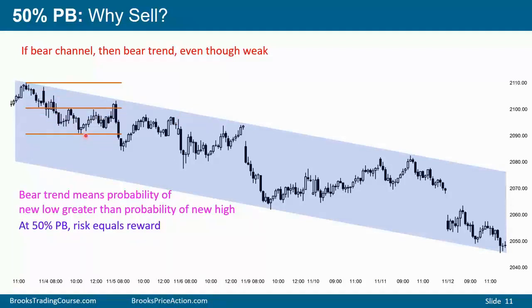Bear leg, traders will sell a 50% pullback. Some will sell with a limit order, others will sell with a stop on the reversal down. If you sell with a limit order, your profit target is a new low, and your risk is just above that high. So the reward is equal to the risk, or just about equal to the risk, but you're in a bear trend, so the probability favors the bears. Therefore, the trader's equation is good for taking that short.